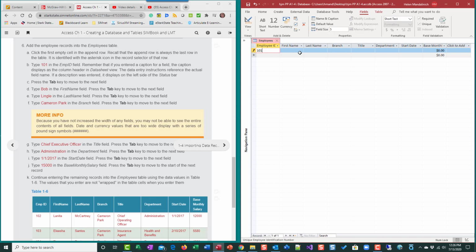To go from the Employee ID to the first name, I'm going to hit the Tab key. Bob, Tab, Lingle, Tab, Cameron Park, Tab, Chief Executive Officer. What do you notice about when I'm typing? I can't see it all. We're going to try and fix that in a second after I get this record in. Administration, Tab, start date 1/1/2017, Tab,